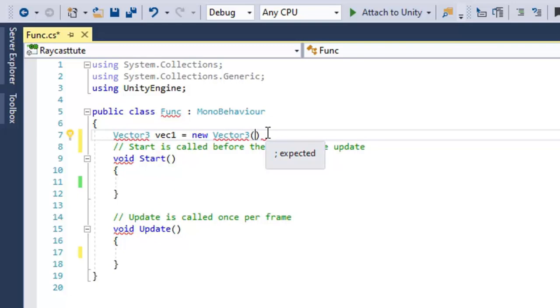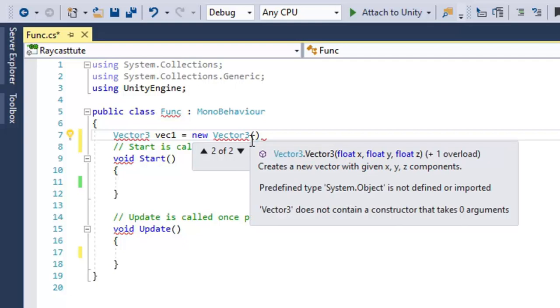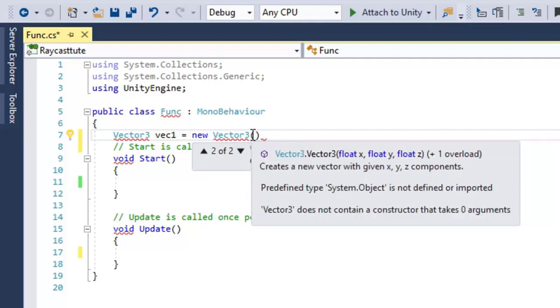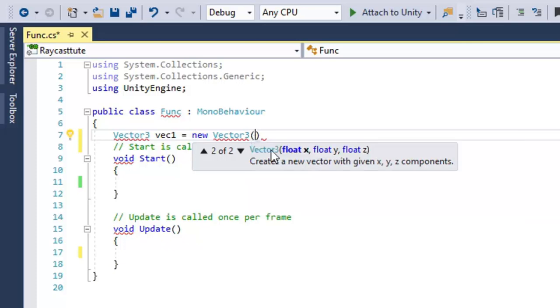Here we are creating a constructor, Vector3, which is a parametric constructor because we are providing some parameters. We can provide three values: float x, float y and float z.